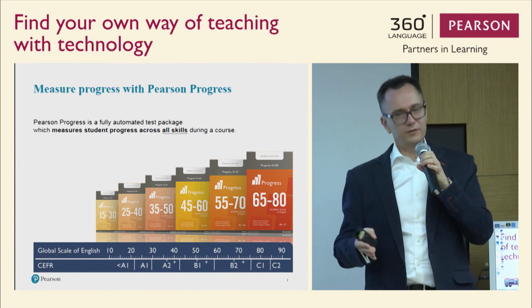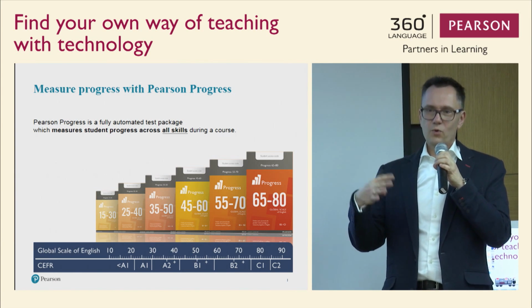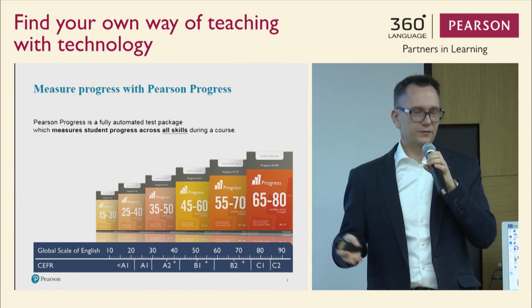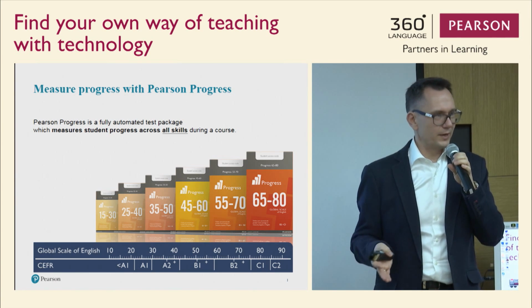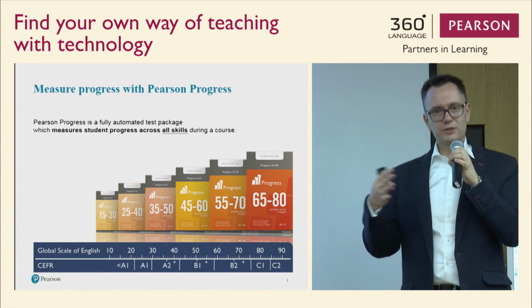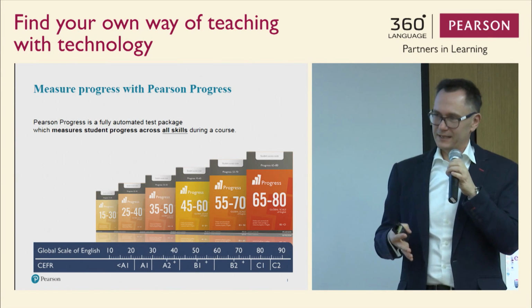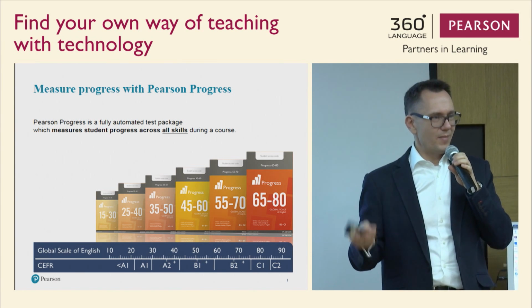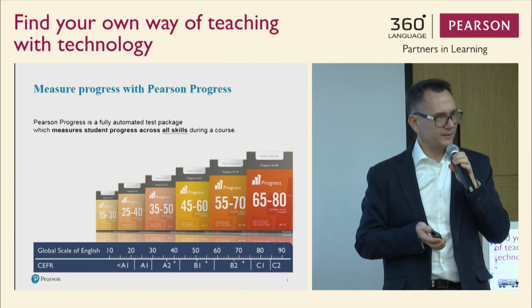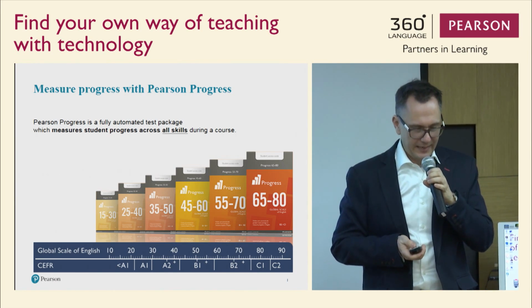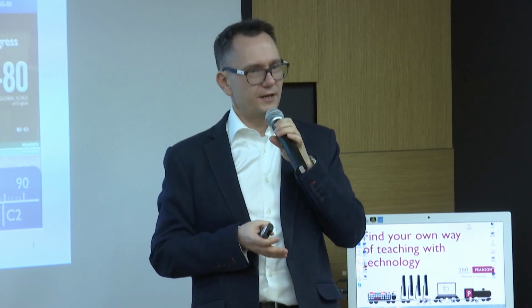So again, it's kind of predictable. So it's not impossible for the computer to predict what kind of words the person is going to use. Of course, it's really amazing once you do it with your students, and you see how it works, and you see how reliable it is, how it really measures their progress. It is really, really amazing. Now, in this case, it is a package. The test is a package. So each year, the idea is that a student gets a package of 3 tests to measure his progress,